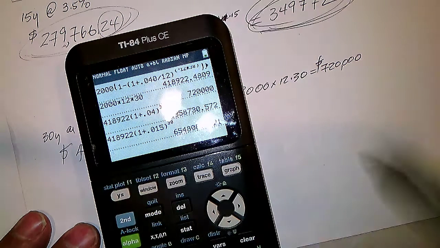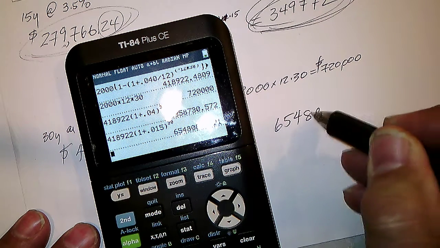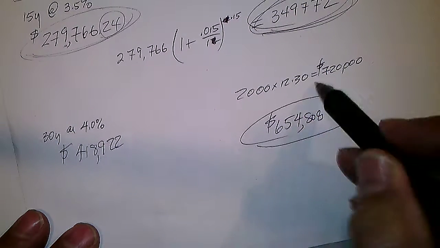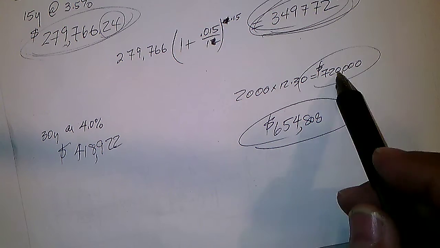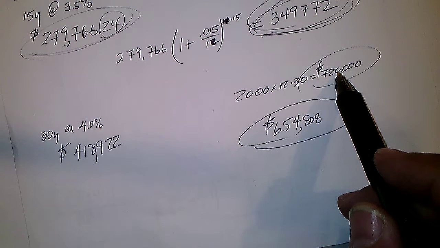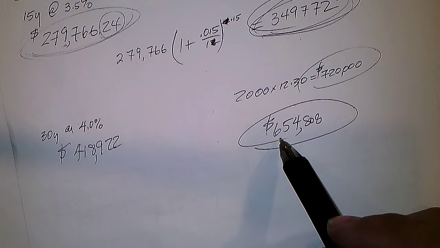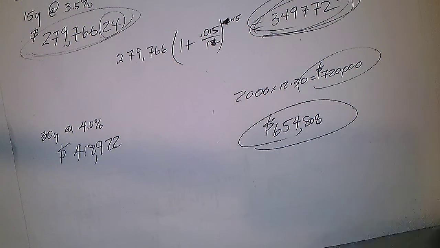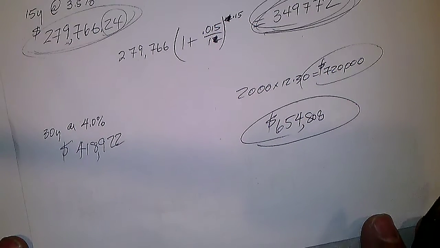So the house would be worth $654,808, which is 65,000 less than you put into it. So you chalk up 65,000 towards your rent, and the rest of it's money you save because that's the value of the house now. You've got that equity. So that's project